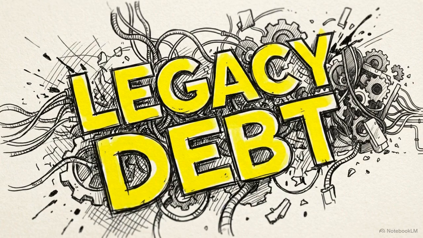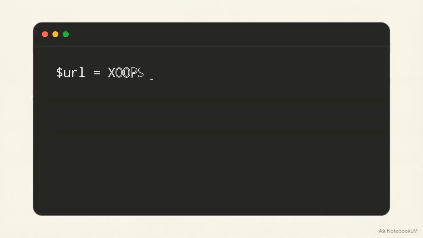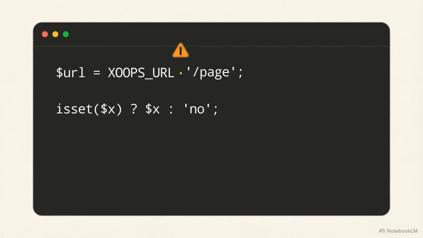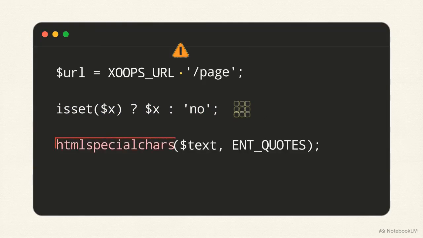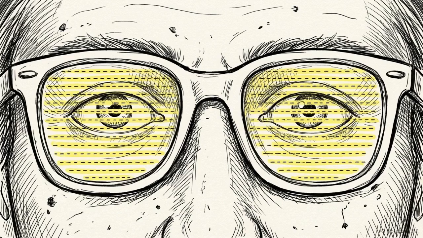This repetition breeds specific anti-patterns across the codebase. You find raw string concatenation used to build links, deeply nested ternary operators checking if variables exist, and the HTML special characters function manually applied to every single output string. When a developer sees the exact same block of validation code 50 times in a single file, they stop reading